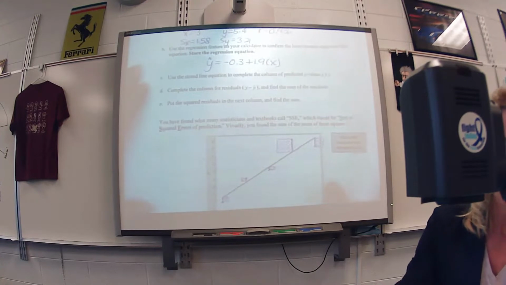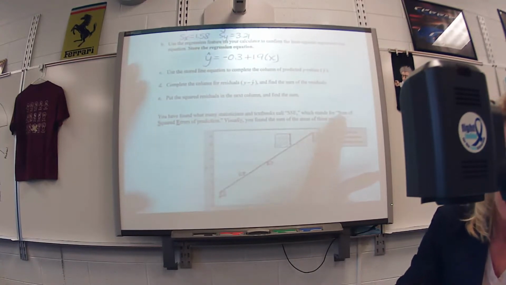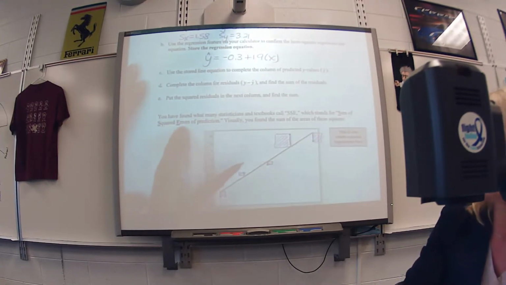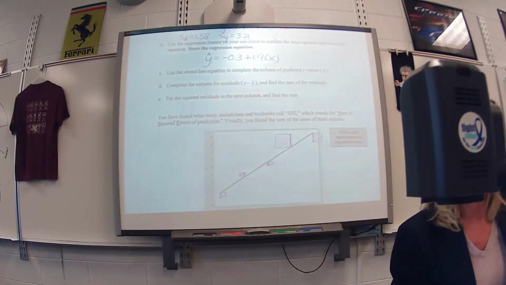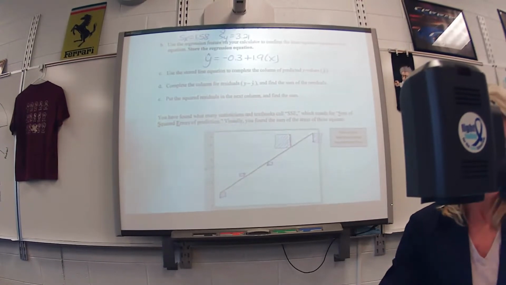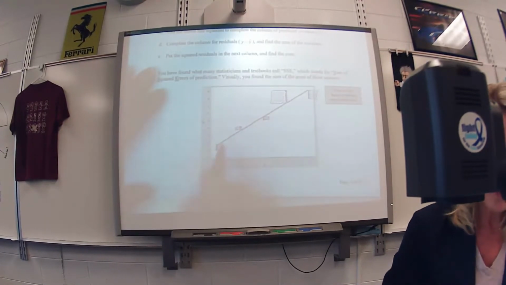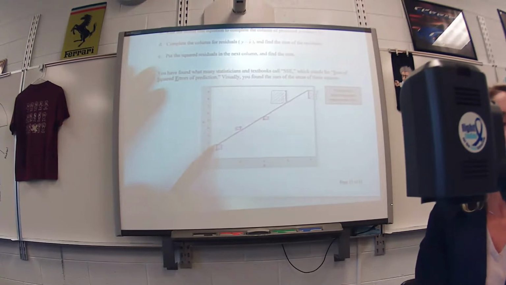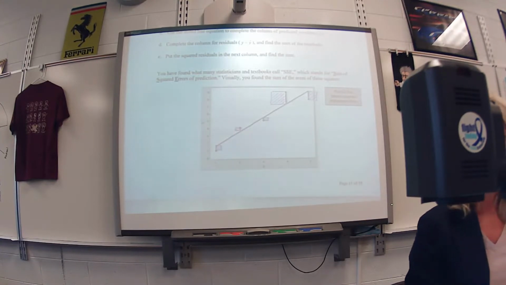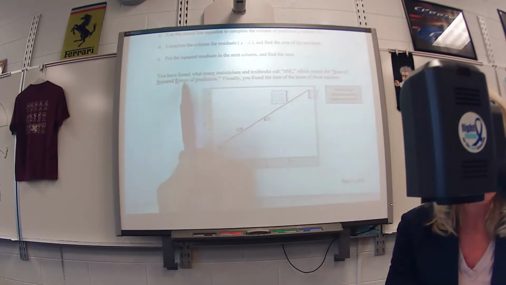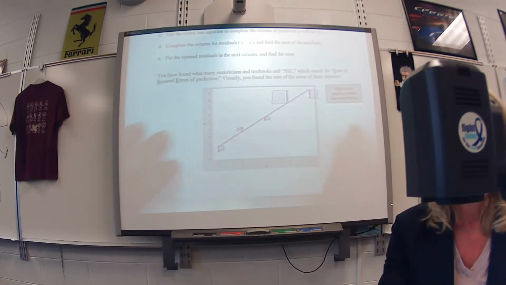Statisticians call that total SSE, the sum of the squares of the errors of prediction. Okay, a residual is an error in prediction. For this point right here, the line is an over prediction from the real thing. For this one, the line is an under prediction for the real thing. Every residual is kind of like an error from the trend line. So you found the sum of the squares of the errors. Okay, so